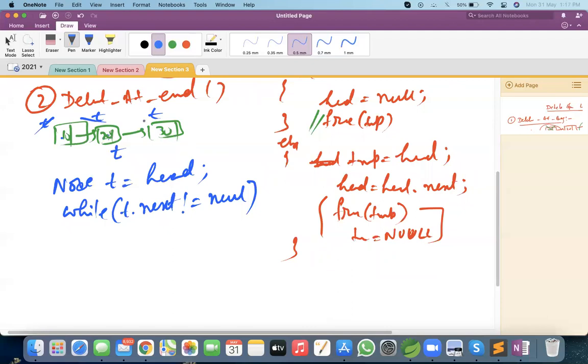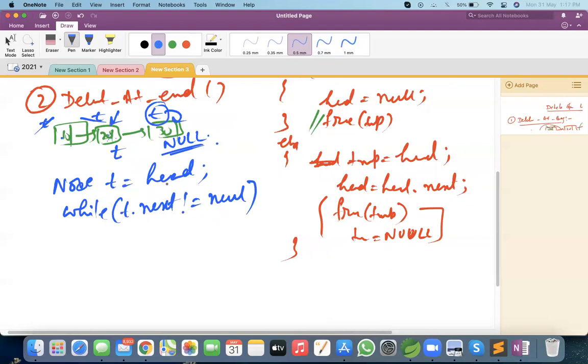Now if we use this code, the problem is that my t will come here. Correct, then I can make it null. We can make this a null, and this is also one approach, but we want to reach up to 20, and make 20.next null.